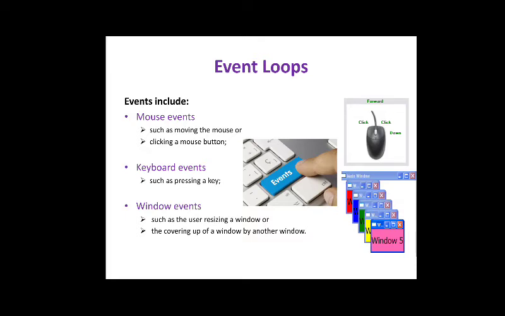Whenever I say the event is a mouse event, a keyboard event or a window event: whenever you are moving your mouse, the screen is stroked with something, and that is called a mouse event. If you are moving your mouse or clicking the mouse, whether it is right click, left click or you are scrolling the mouse, these are different mouse events on a particular screen. Then there are events like a keyboard event: whenever you are pressing any key on your keyboard, that comes under the keyboard event. Whenever there is any task regarding the window, that will be a window event.